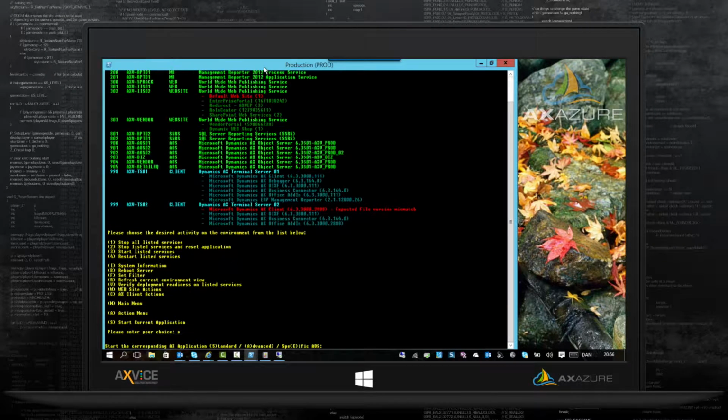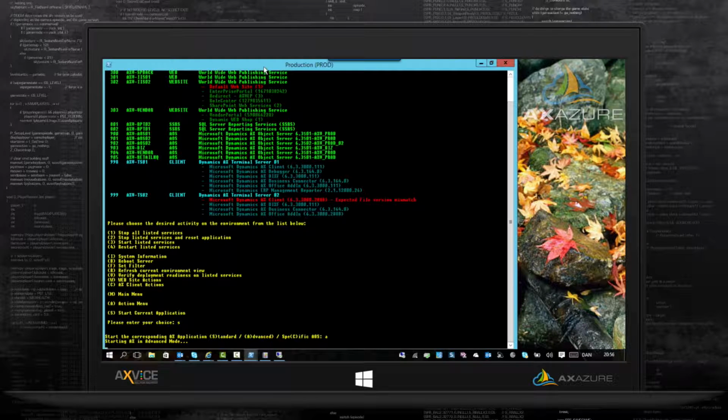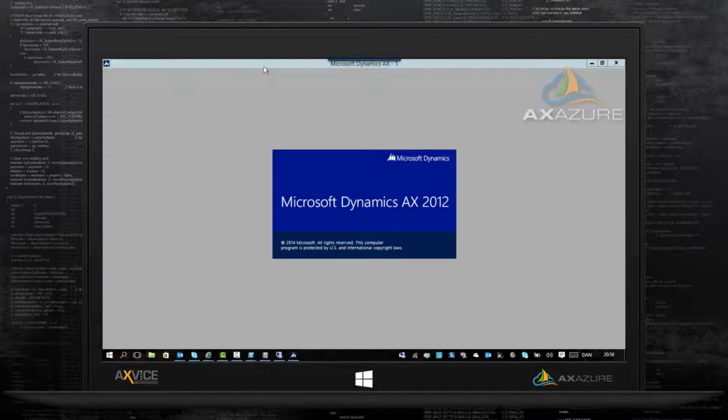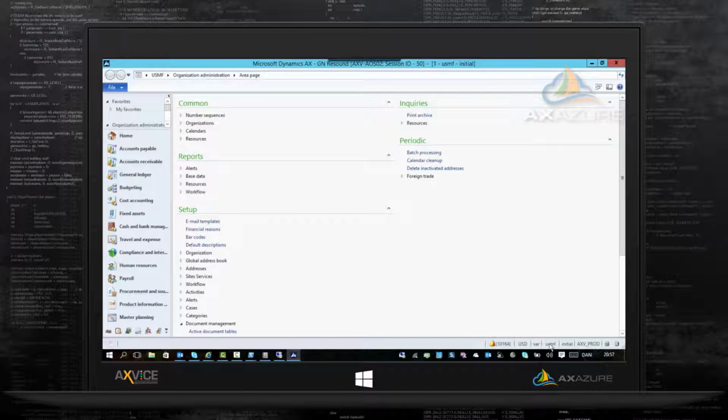So using the Start Current Application feature, you have three options. The standard just opens up the application natively as it is out of the box. Advanced gives you an opportunity to actually open up the application in whatever layer that you have configured it to be able to open up. So in my case, I have configured it in var and cos. I'll be prompted for my password. I'll get back to that prompt in a second. But what you can actually see is that my AEX application opens up here in that actual var layer.